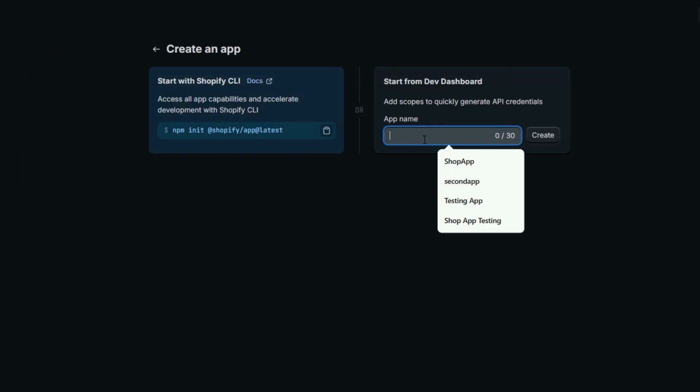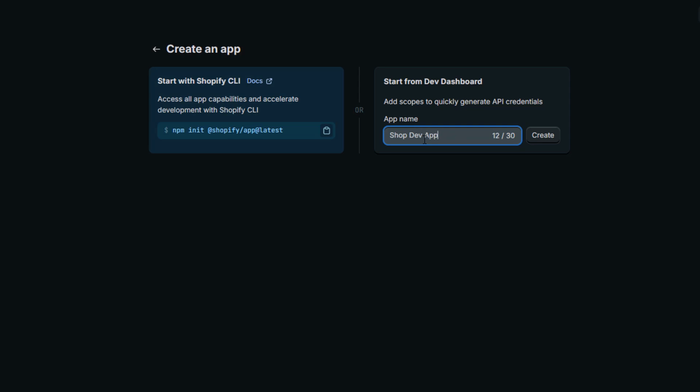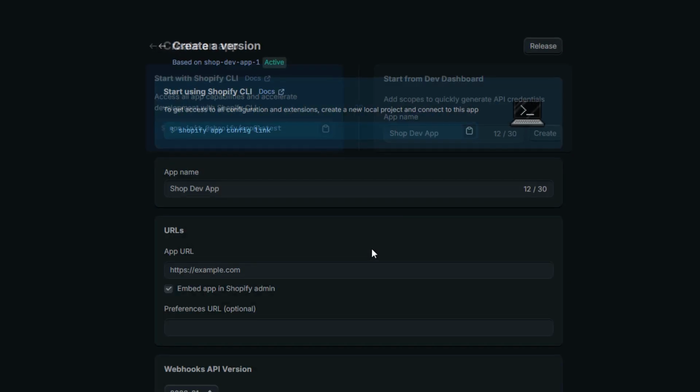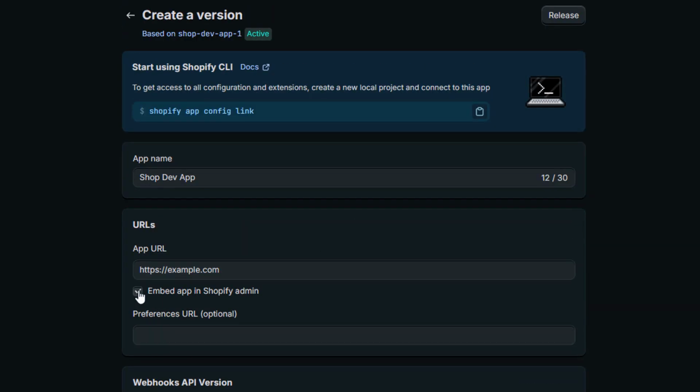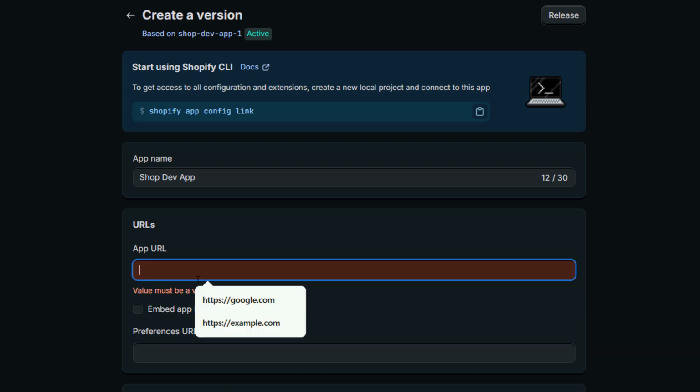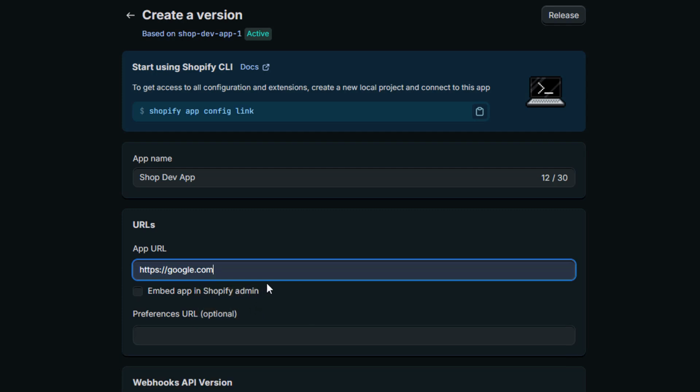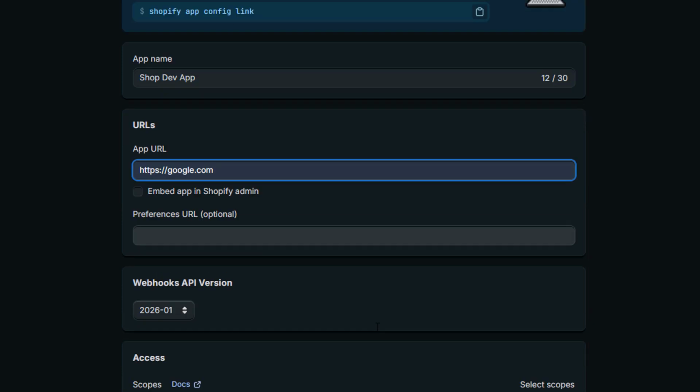Then give it a name. For me, I will write here shop dev app. You can write any name you want. Then finally click on create. Okay, from here, please untick this checkbox and you can write here https://google.com,